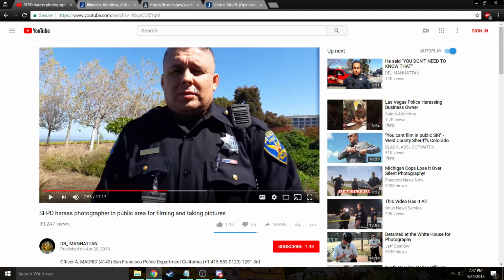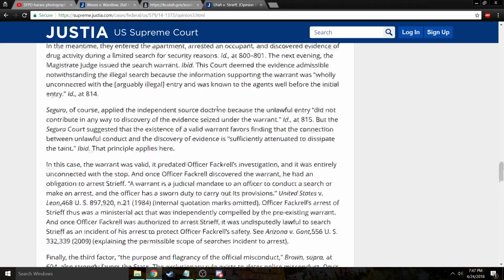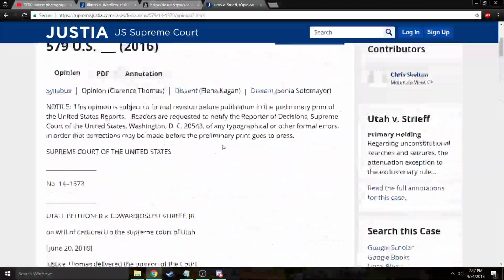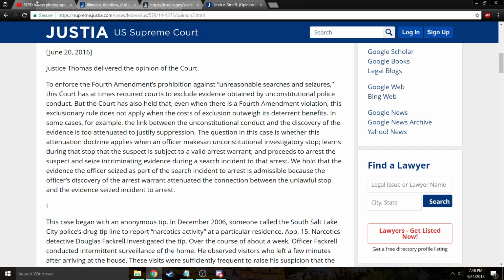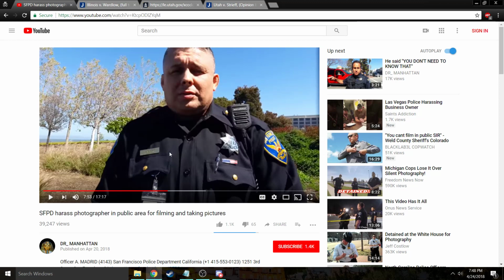So it would be interesting to know what crime this chowderhead thought that he could maybe pin on Dr. Manhattan. But again, it's just like in Utah v. Streif. He's looking for that soft way around the Fourth Amendment. He's looking to violate Dr. Manhattan's rights by unlawfully detaining him because he doesn't have reasonable suspicion, because eventually Dr. Manhattan gets tired of the shenanigans and decides that he's going to walk, and this guy plays lost puppy and just follows after him because he knows that he doesn't have reasonable suspicion for the detention.